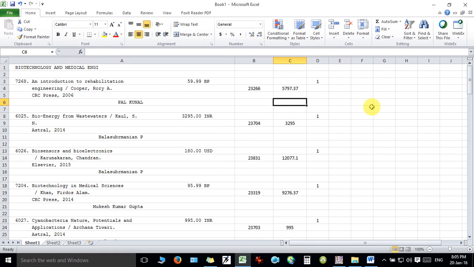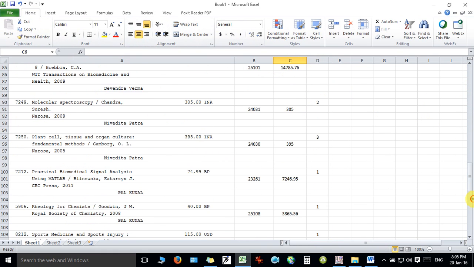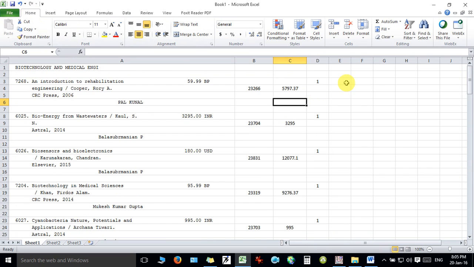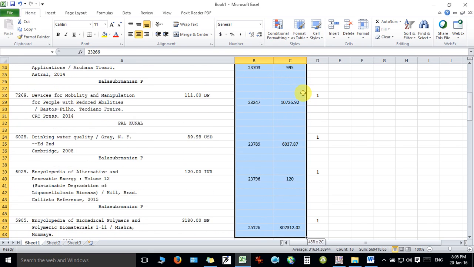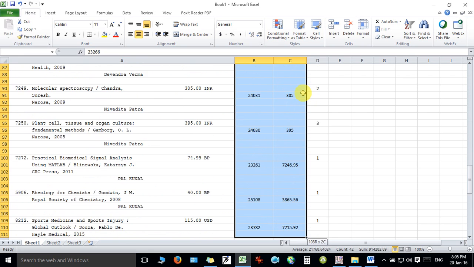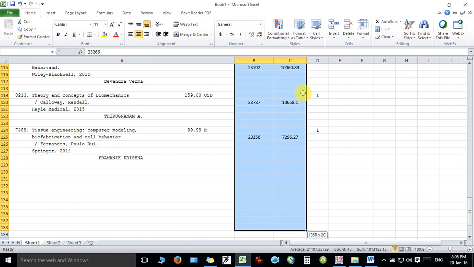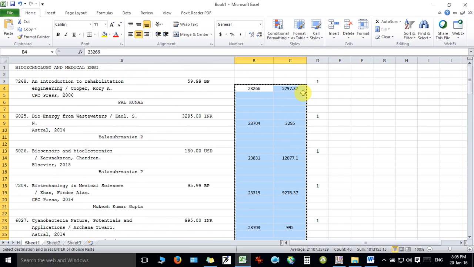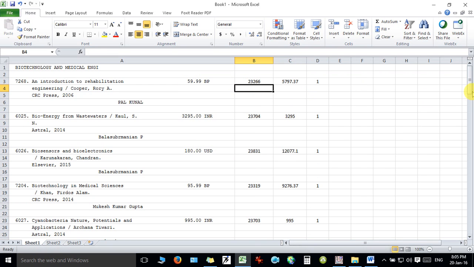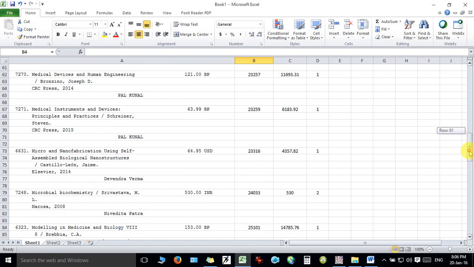Okay, so you can see it has successfully separated these three values, and what we have to do is calculate the final price. But for that, you can see all are not appearing in the same row. So what you can do is select the total, because against every title you will find the gap of one row up and down in quantity and price. So you just cut it and paste here. Now you can see all are in the same row.